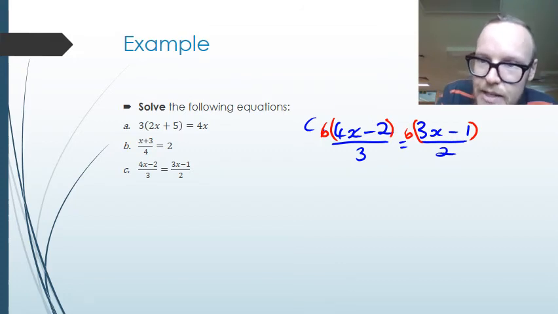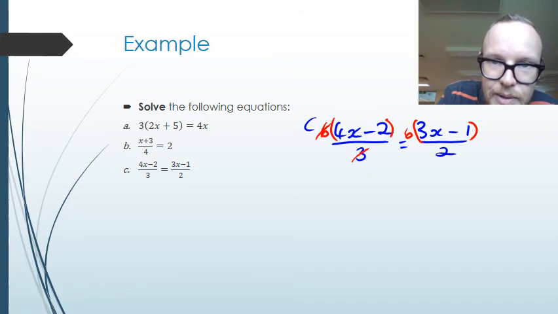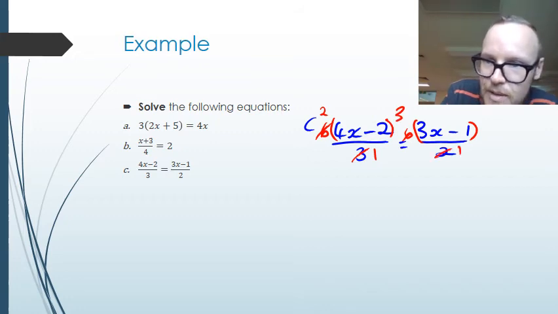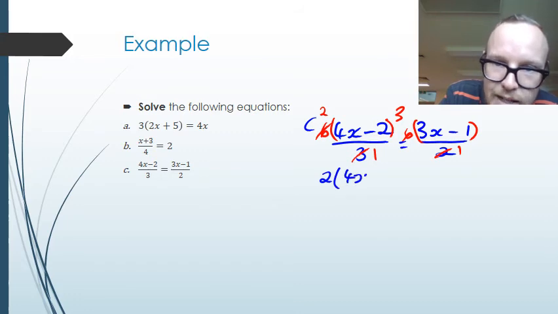And you can see that the 6 and the 3 will cancel to 2 over 1, since 6 divided by 3 is 2. And I've got 6 over 2 on the right-hand side, and that'll be 3 over 1. So what I'm left with is 4x minus 2 equals